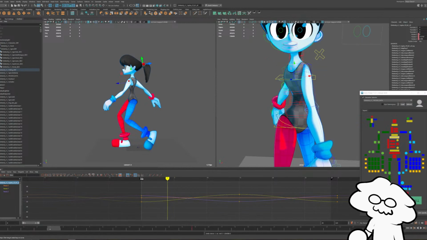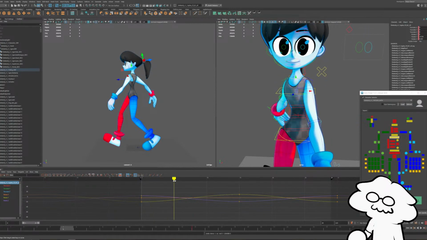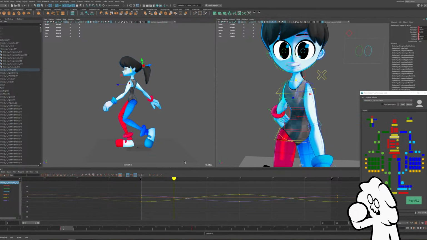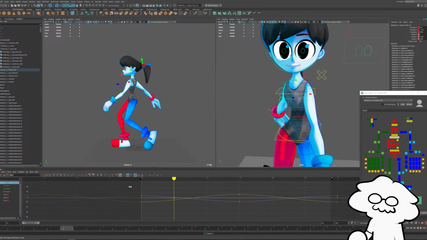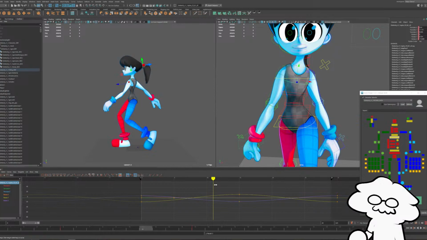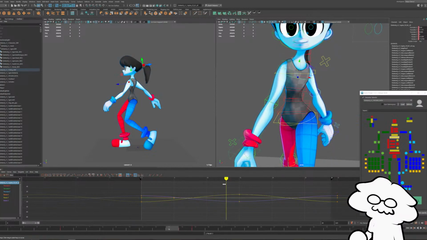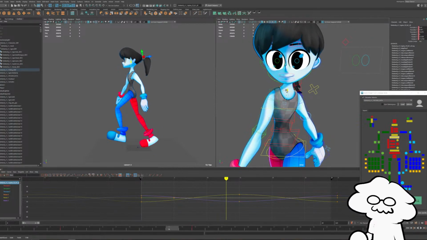Oh, I need to actually key my translates. So frame 5 or 6, we'll move it down. So it bounces and moves downwards, and then about frame 13, 14-ish, just before that next step, we'll move it upward.